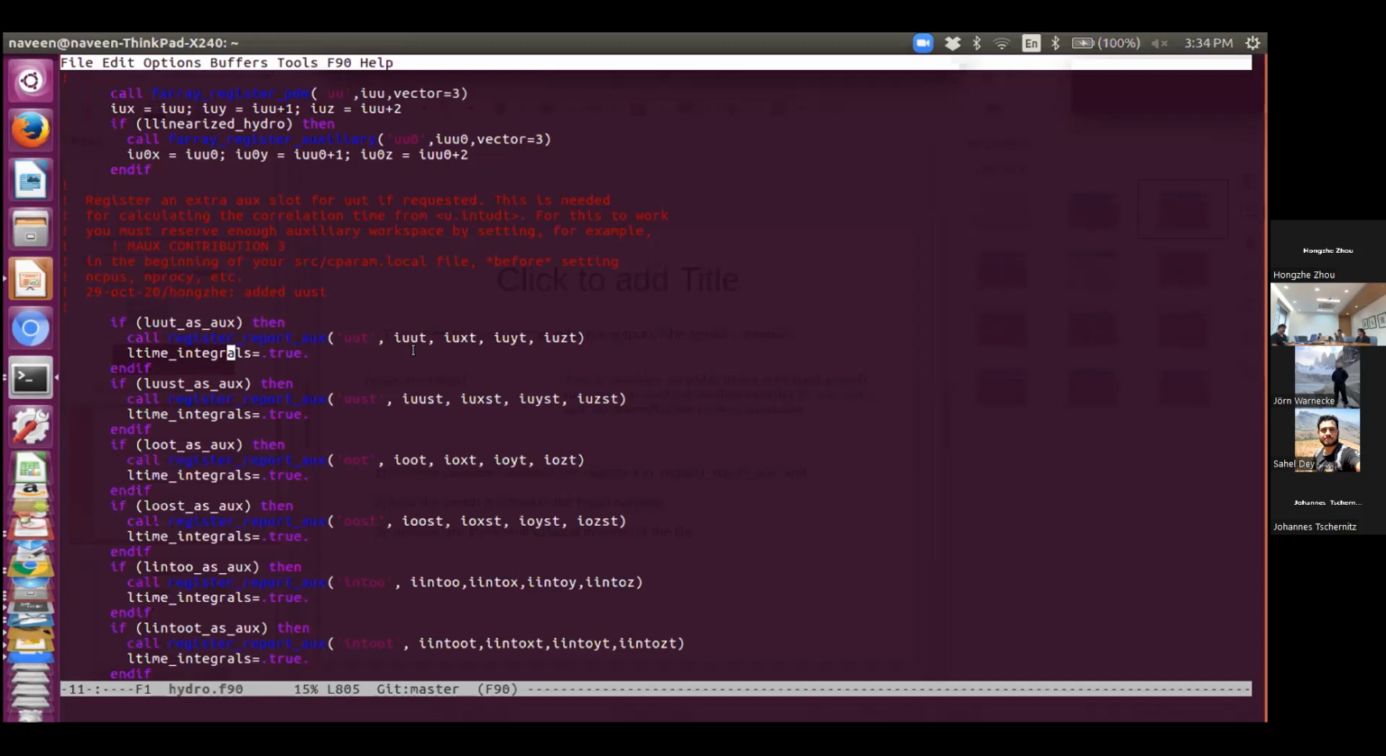Okay, then if you add an extra auxiliary variable, then on top of these 6 variables another 3 or 6 variables are added in the 4th dimension column. So IUUT is the index of that 4th dimensional column. And then because it's a vector quantity, it has 3 indices, right? So all those indices we just have to give a name: IUXT, IUYT, IUZT, and this will accordingly assign the